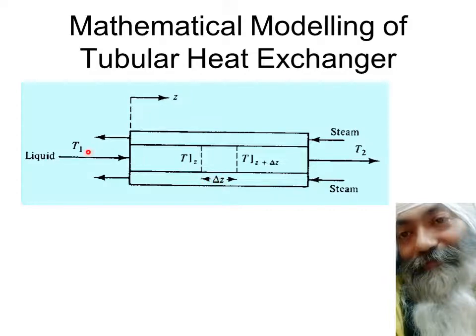We see that the temperature is also gradually changing from T1 to T2. It's changing not only with respect to time, but it is also changing with respect to distance, with respect to the length of the tube. So the temperature at this point is taken as T at Z, and the temperature at this point, over the distance having traveled delta Z more, is T at Z plus delta Z. This is the length Z plus delta Z. So we'll be focusing on all that is happening in this small region, as we might call it.